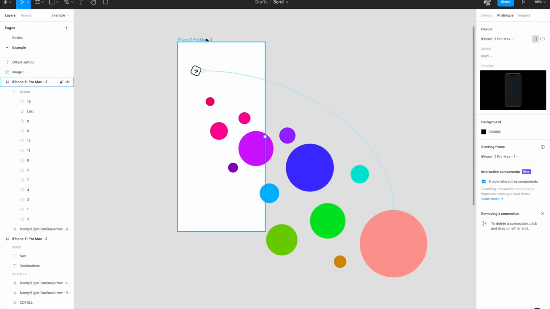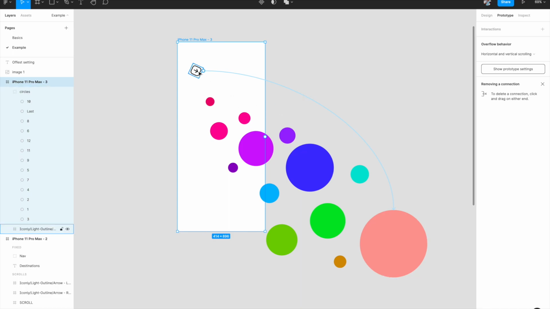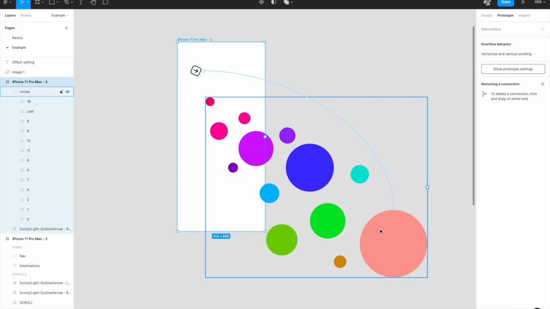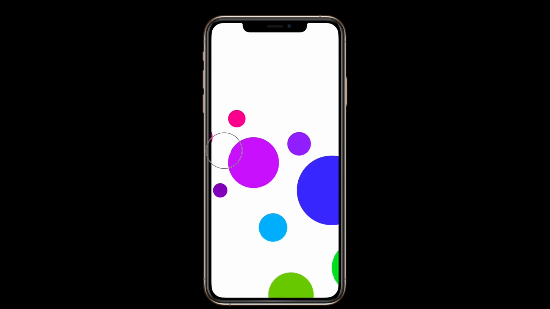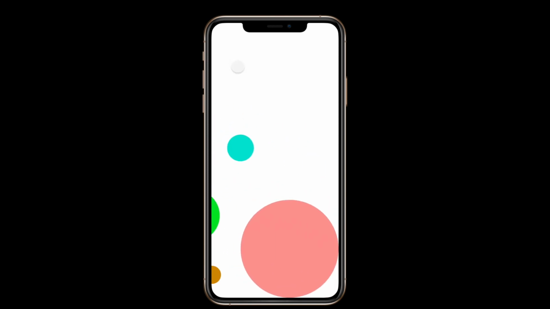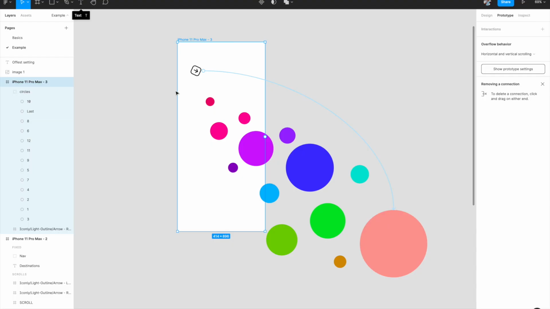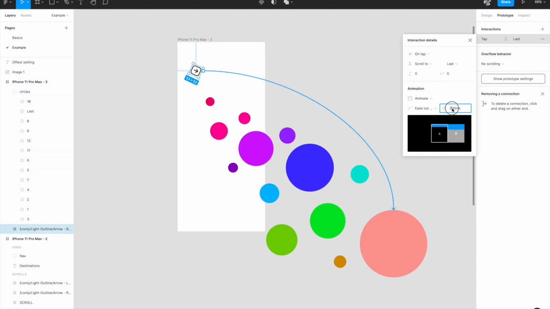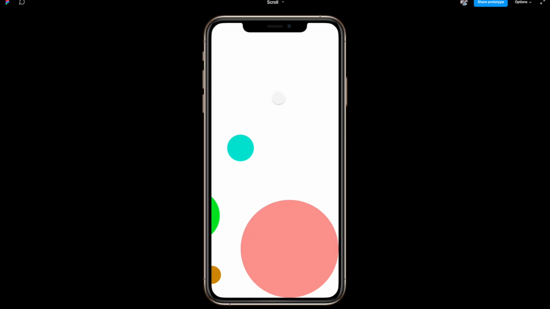And let's see how it looks. So clicking on this takes me to this diagonal circle in the end. And if you see, I'm able to move it in both directions. Now, if I click on this arrow, see what happens. Perfect. So it moves immediately to that last one. Since it's happening a little bit faster, we can give it more time. So I'll give it, let's say, 1000 milliseconds, so that you can see the animation properly.